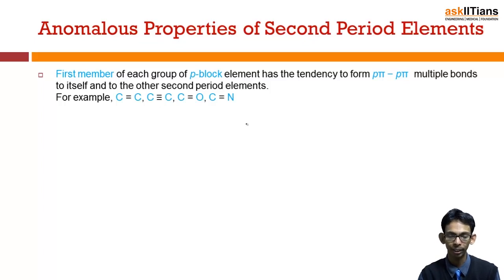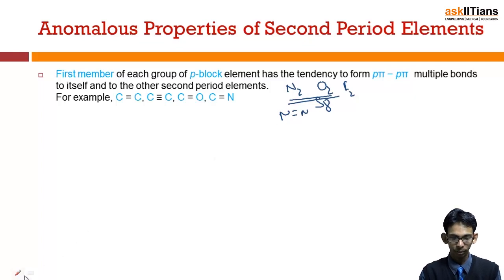are mostly diatomic. Just you can see N2, O2 is diatomic, but the next member, sulfur, is octatomic. Similarly fluorine. The first members of the p block are most of the time diatomic because they can form p-pi multiple bonds between the two atoms only. Okay, so this shows the anomalous behavior. The first members are diatomic while the rest are tetra or octatomic. So this is also a reason for